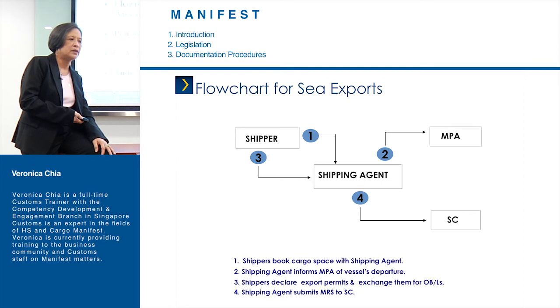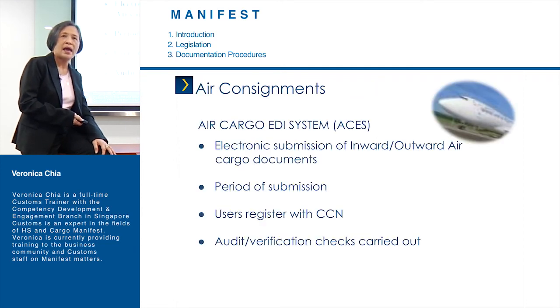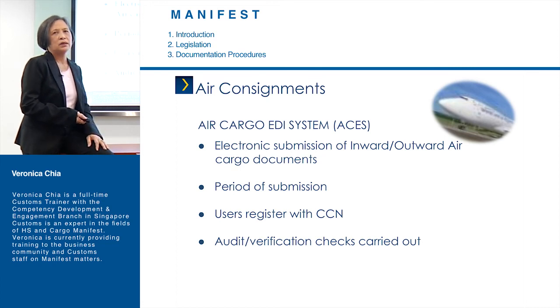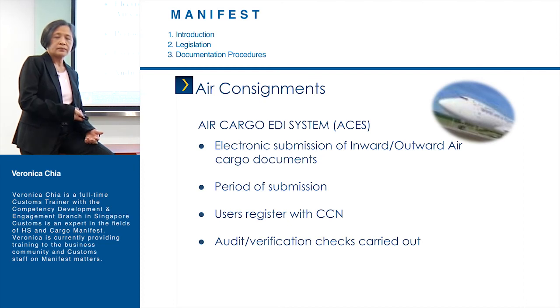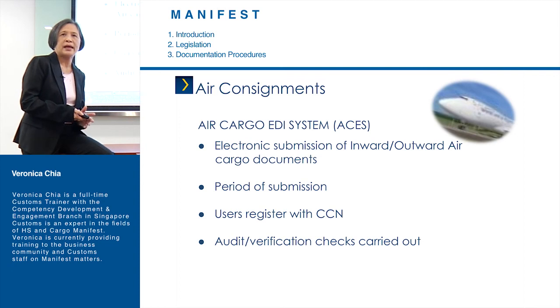Now we go on to the next one, that is the air consignments. Now for air consignments, it's slightly different from sea consignments. All this is done electronically, right? Firstly, cargo agents will declare all the declarations in TradeNet. From there, they are linked to a system called ACES, that is Air Cargo EDI system. They will upload to ACES, and